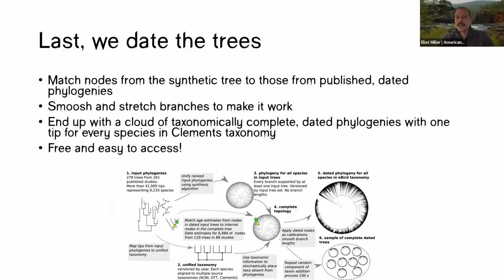Clements taxonomy. And a critical piece to point out is that we're creating the synthetic tree in various taxonomies, one for every year since 2021. Also, these taxon addition files are versioned and come out every year as well. And so this means that although the underlying topology is improving, we can revise the addition statements to further improve them. We're always going to end up with phylogenies that perfectly match the eBird taxonomy every year.